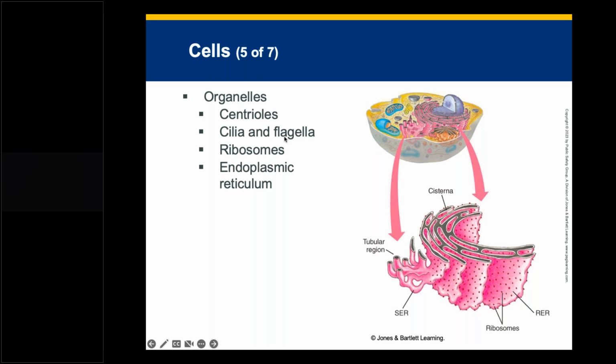So organelles, let's talk a little more about the organelle part of it. Organelles have specific actions that help the cell carry out its activities. We have centrioles, which divide during cell division. Centrioles form a spindle-shaped structure needed for movement